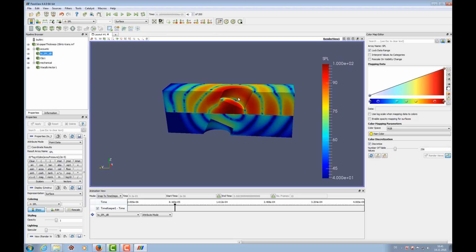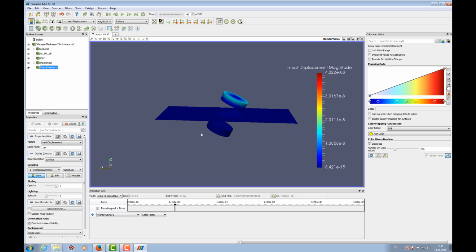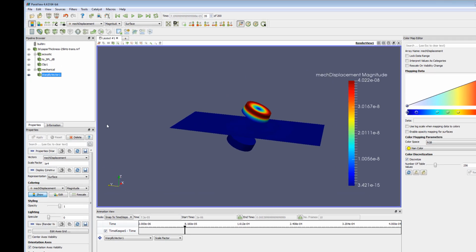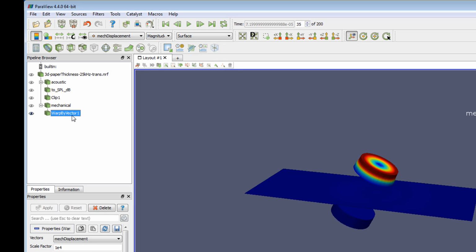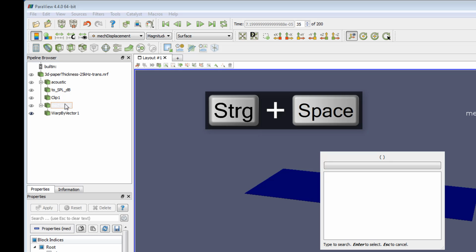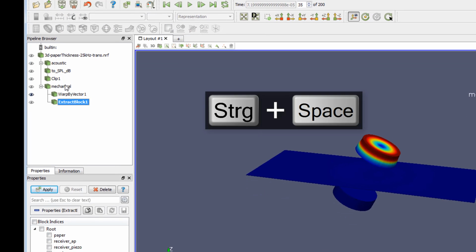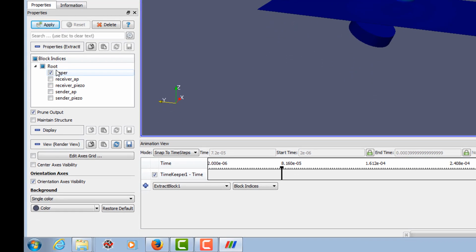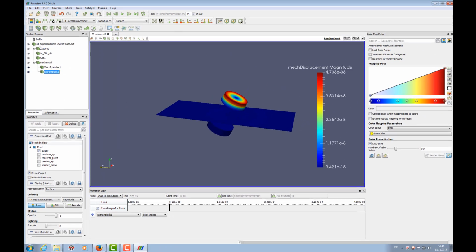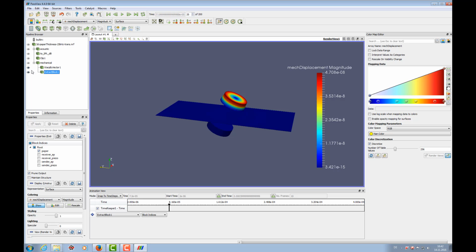So another thing which might be useful right now is, stepping back to that, we want to maybe visualize the vibration of this media in between. And therefore we can again attach to that mechanical ExtractBlock filter another ExtractBlock filter that allows us, for example, to just select the paper,